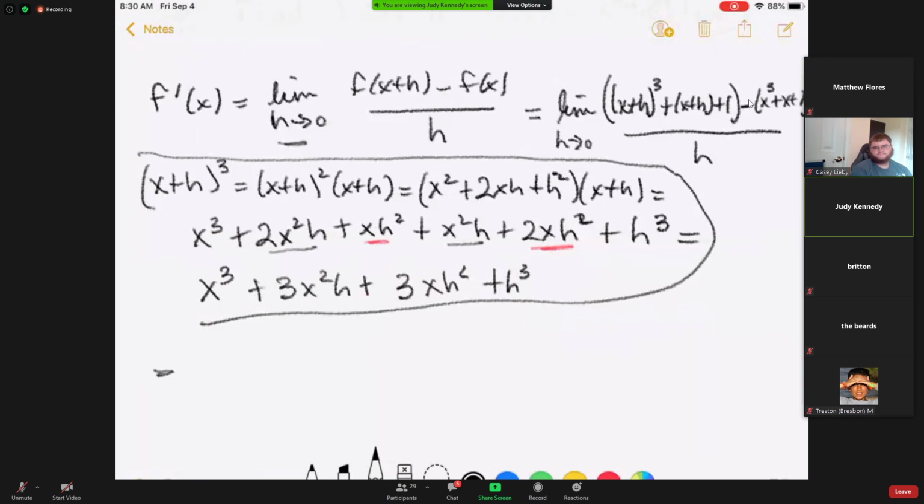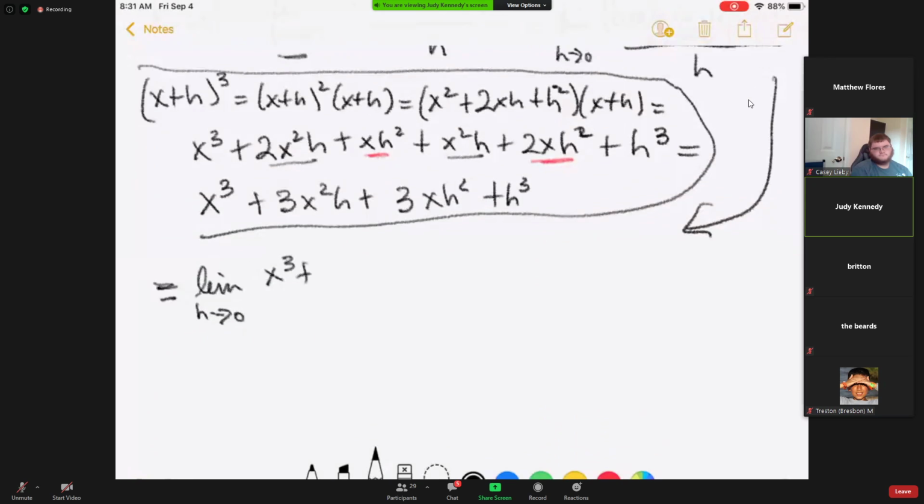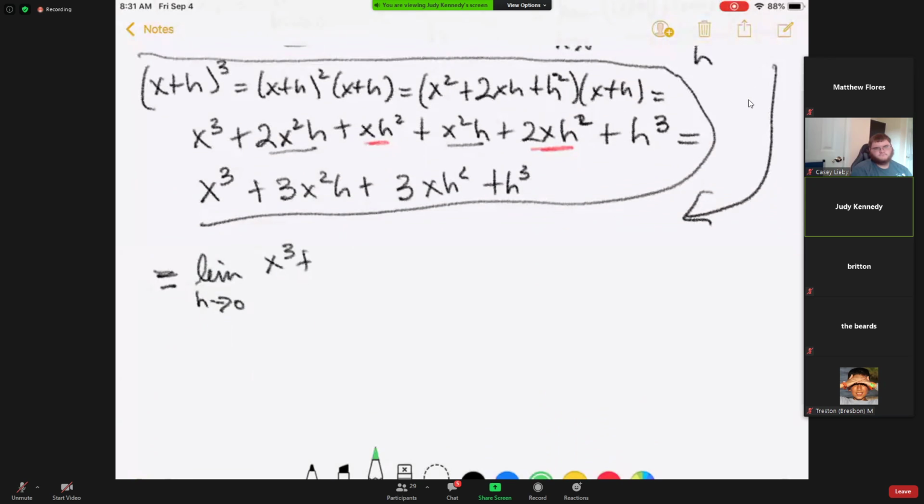Now the limit as h approaches 0 of x cubed plus 3